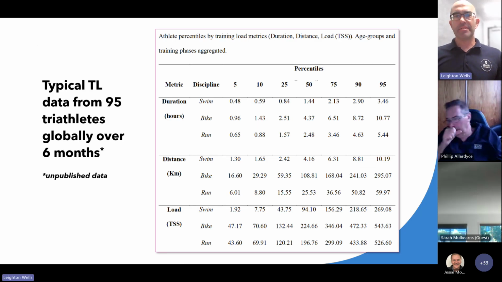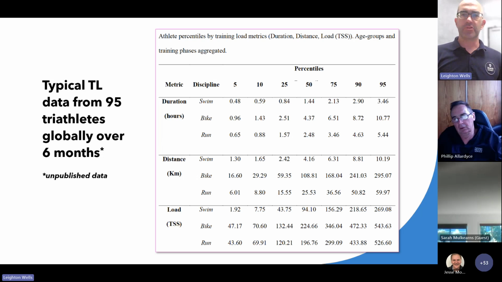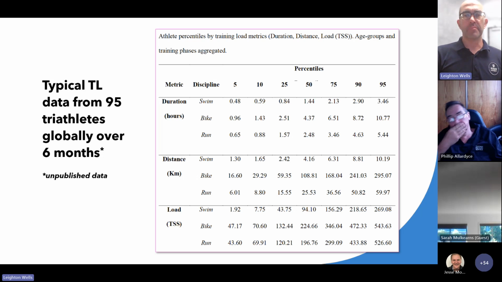So this is the part that Jesse alluded to. This is unpublished data. It relates to what we've talked about in terms of training load and communication. And I want to set the scene by saying that this is with the journal at the moment. I'm hoping that it gets accepted soon. We'll wait and see. And it's also potentially something that I'll be presenting at an international conference later